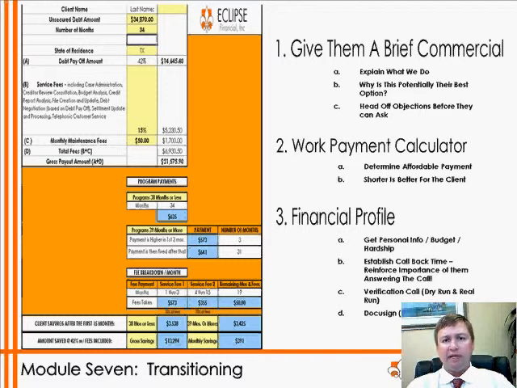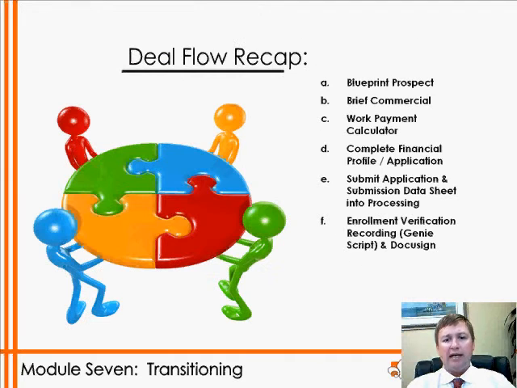The next step is going to be your verification script, and at that point you're going to do a third-party recording, making sure that they're protected, that you're protected, the company's protected, that they understand their rights, they understand what's going to transpire as a byproduct of not paying their creditors. So that verification call, you do not want to misrepresent the product. You want to read it completely. It's very important. Our compliance department checks every single one of those recordings.